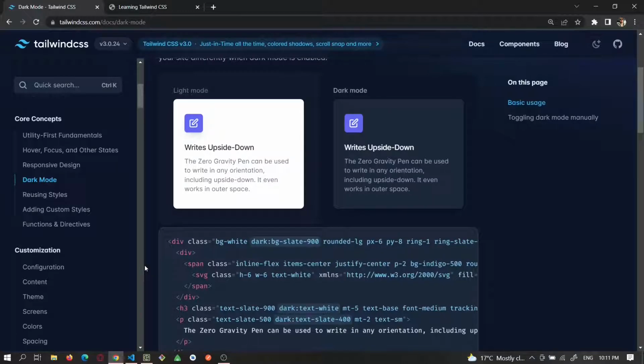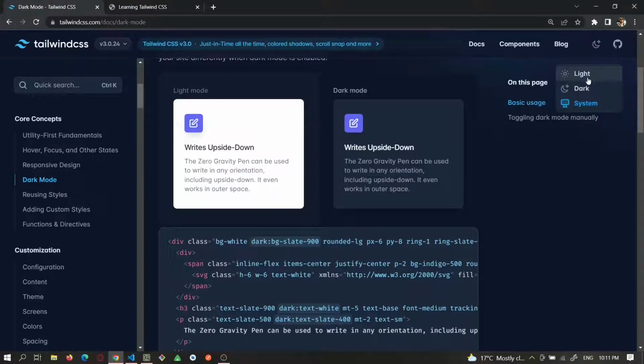So for example, if you are using a mobile device and you enable dark mode, then all the styles applied for dark mode using Tailwind CSS are going to be applied instead of the light mode. Okay, and the other strategy, which is class, is toggling it